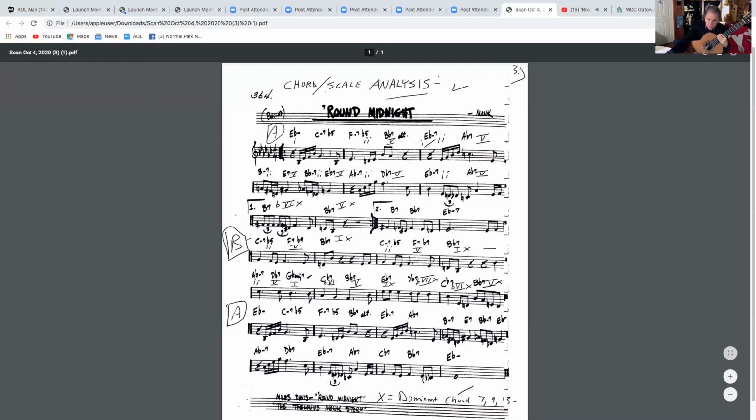So this whole A section is really a blues based type progression where we get E flat minor and then some other chords eventually leading to A flat, back to E flat, and then the flat 6 dominant down here for the first ending, and then the 5 chord. So, beginning here, minor 2-5,